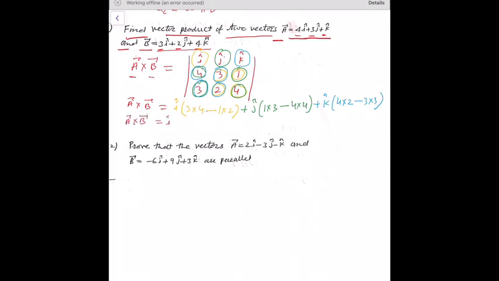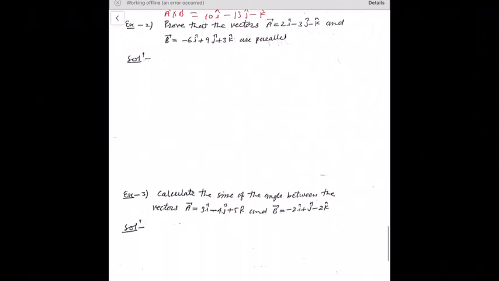So A vector cross B vector is equal to I cap (4 times 3 is 12, minus 1 into 2, 2) plus j cap (1 into 3, 3, minus 4 into 4, 16) plus k cap (4 into 2, 8, minus 3 into 3, 9), or A vector cross B vector is equal to 10 I cap minus 13 j cap minus k cap. Clear? Next,